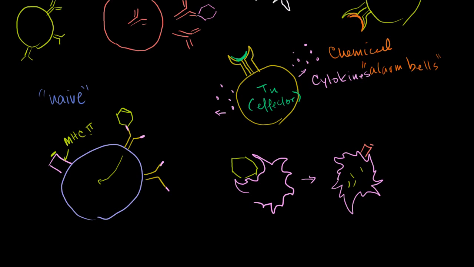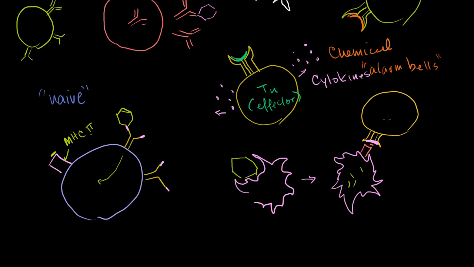Then this will activate a very specific T cell, maybe that one. A very specific T cell will come and bump into it. Not just any T cell, the one with the right variable portion. So think about what's happening. The variable portion for this T cell connects to this part of the virus plus the MHC2, but it's really reacting to the same virus. It might be a different part. This little part that was cut off might be someplace inside the virus, while the epitope for the B cell might be someplace on the outside of the virus, but they're both specific to the same virus.